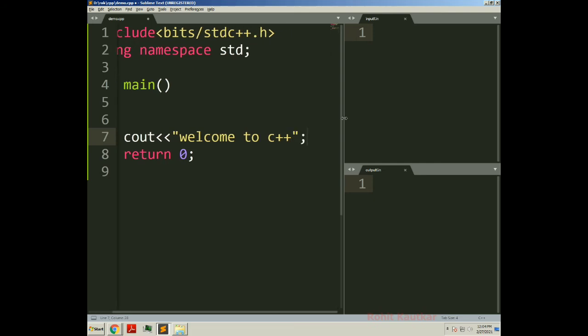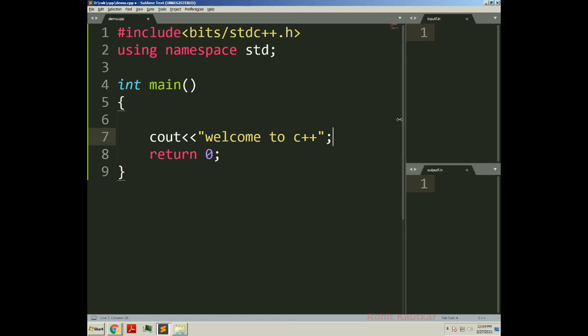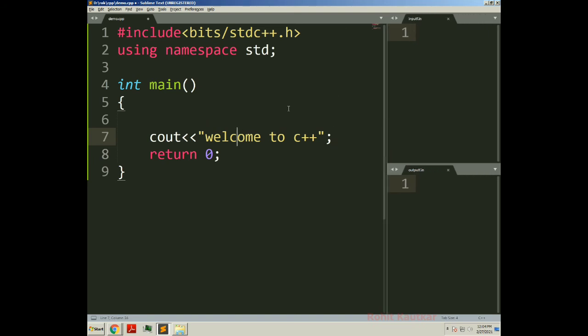Okay, this program is not accepting any input right now, so click on save from the file menu, or you can simply press Ctrl S to save your file. After saving your file, you need to build your code, that is what compiling is called in Sublime Text.